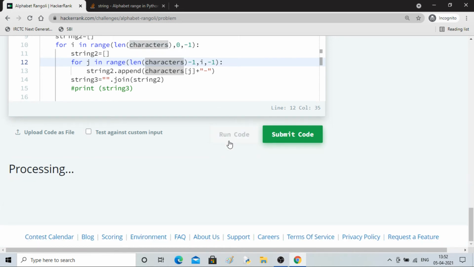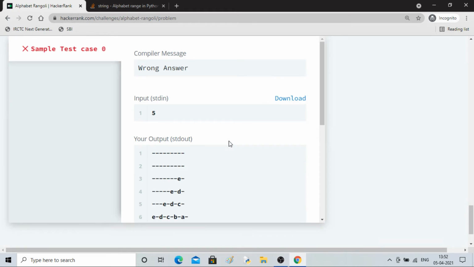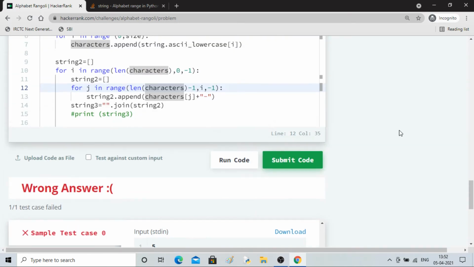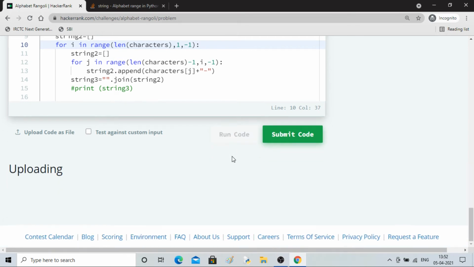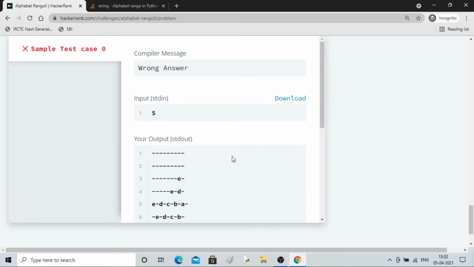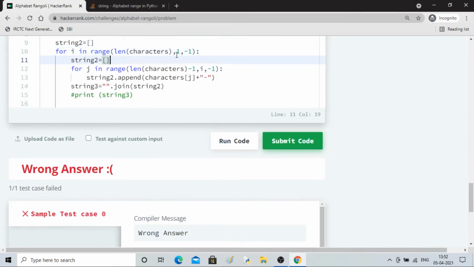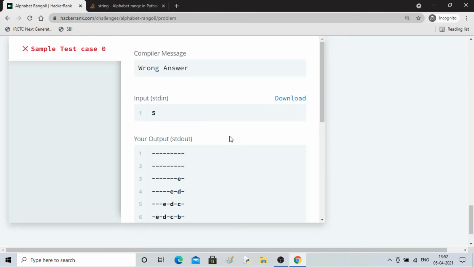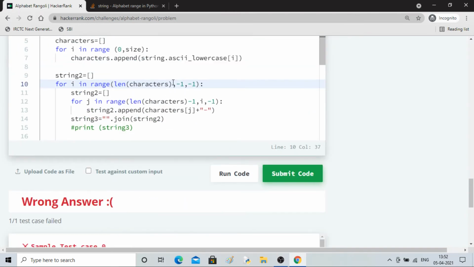Yeah, it is correct. EDCBA, so I have to remove one thing. This will go till 1. One first row will be removed. No, -1. Let me do length of character -1, and it has to go till 0.